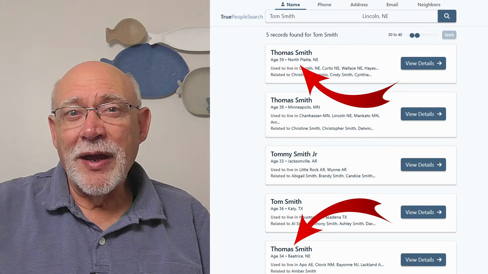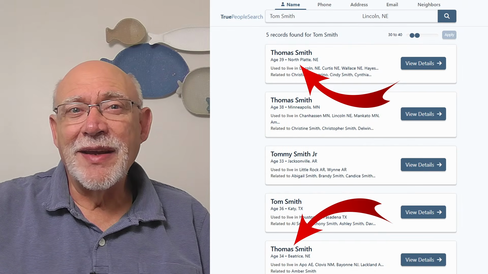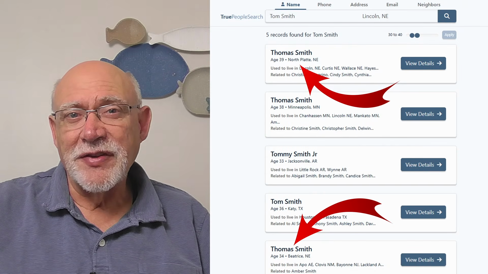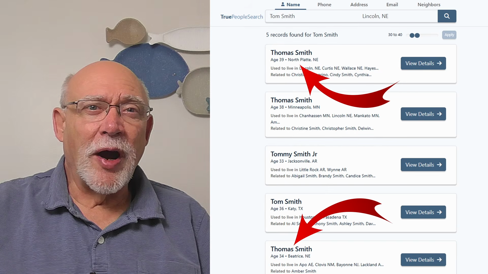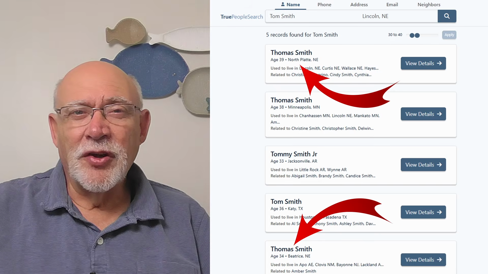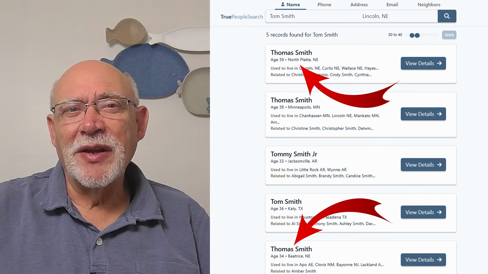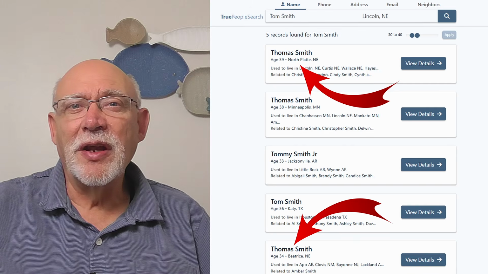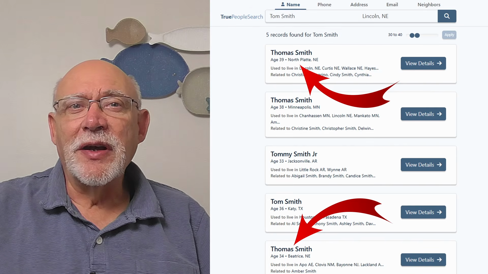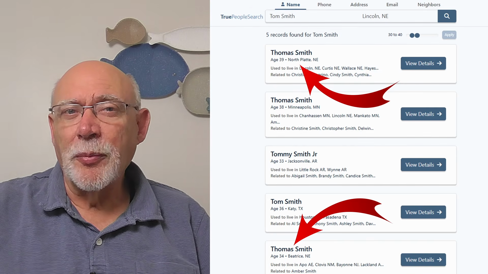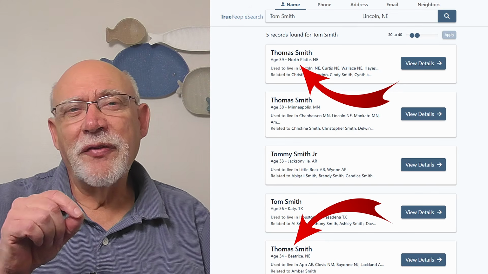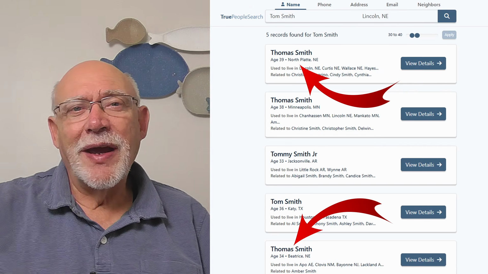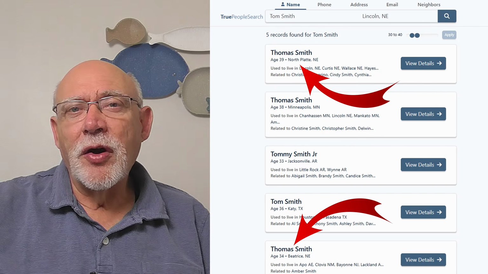Now, right below their age and the town they currently live in is the used to live in city and state. This is usually the last known city and state prior to where they currently live. So looking at the 2 Tom Smiths I believe may be my subject, I see one lives in North Platte and used to live in Lincoln, Curtis, and Wallace, Nebraska. The other lives in Beatrice, Nebraska, but it shows the previous addresses as APO AE, Clovis, New Mexico, and Bayonne,